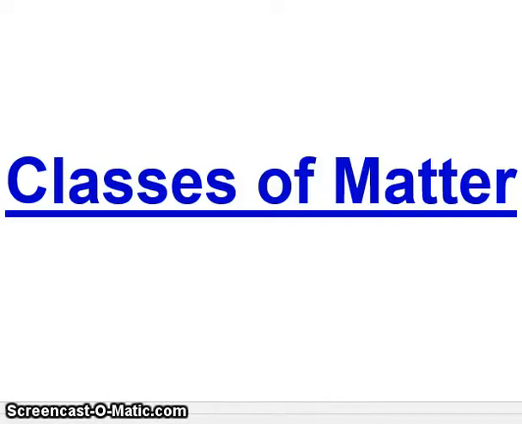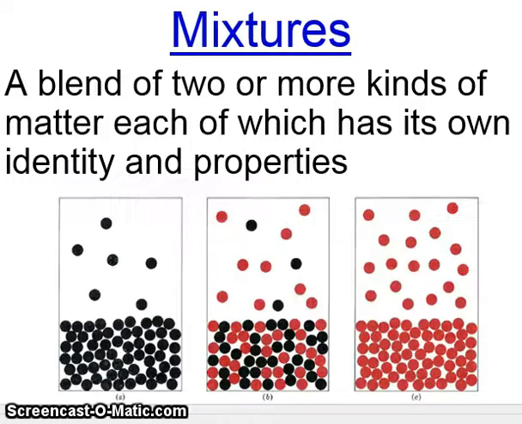This is lesson 3 of chapter 2, and in this lesson we'll talk about classes of matter. And by classes we mean we're going to classify or organize matter into different groups. So the first class are mixtures. Now this is exactly what it sounds like. It's a blend or a mixture of two or more kinds of matter, each of which has its own identity